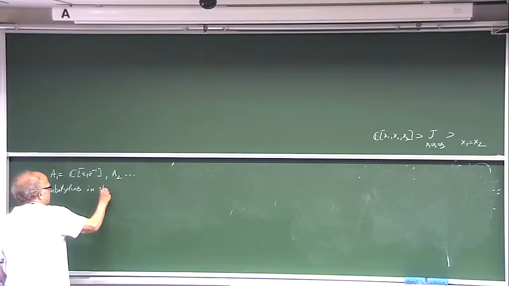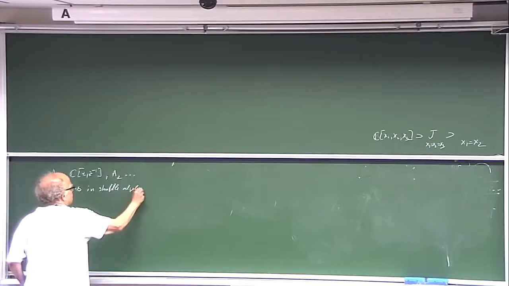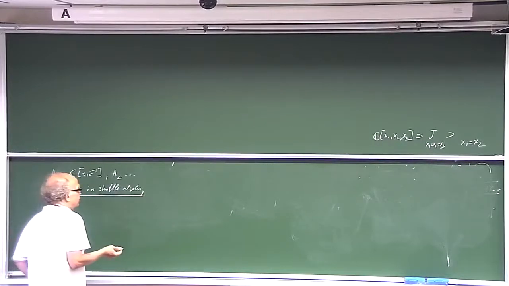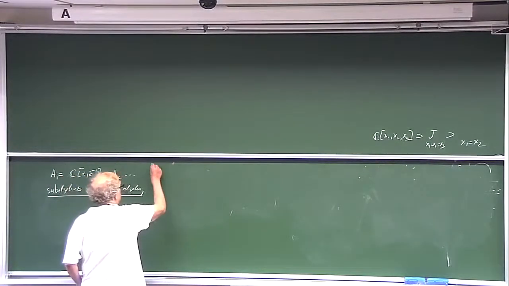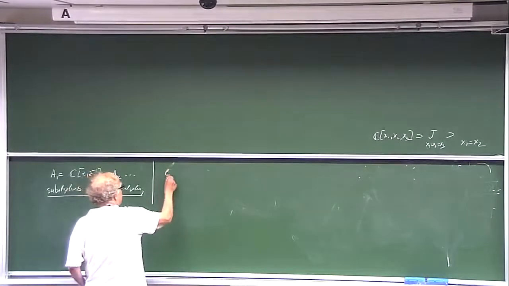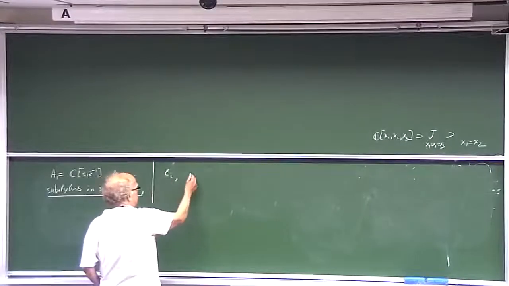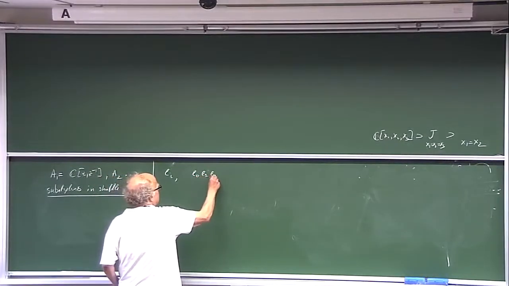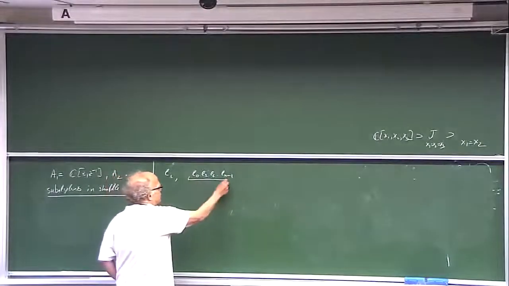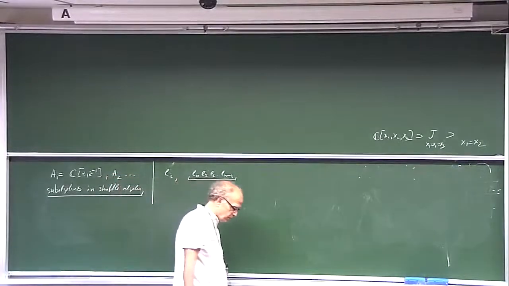In the shuffle algebra. Now, about subalgebras, we can ask the following question. Take the shuffle algebra generated by the e_i, and first, take some segment of these e's, say e_0, e_1, e_2, and so on up to e_{n-1}, and just consider the subalgebra generated by this set of generators. It will be some subalgebra, and the question is